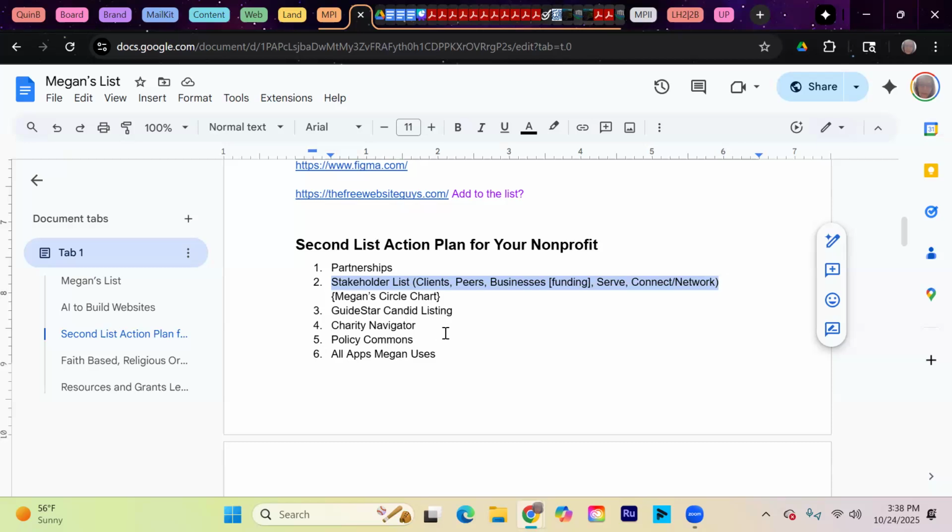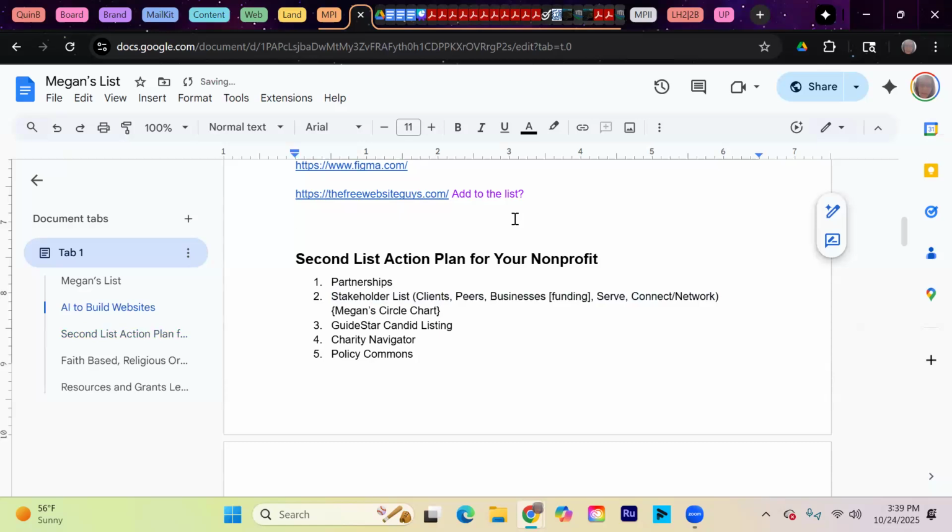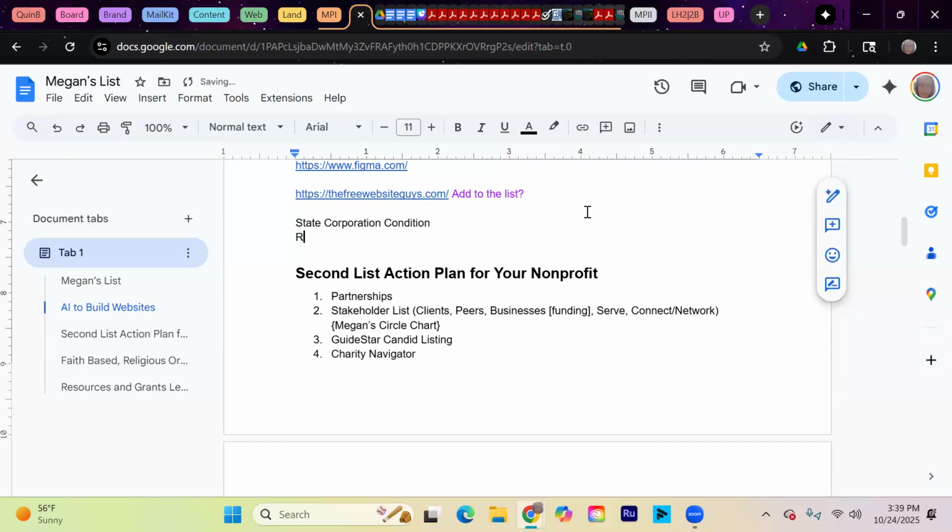But this is actually the 10 registrations that you need to get. This is where I wanted to go after you get your state corporation commission, which is the agency that is going to make you the legal entity, right? Your state, what's it called? Secretary of State. There we go. And then you have your IRS employer identification number, and you have your 501c3, the 1023 EZ form. There are other registrations that you need to pay attention to, starting with grants.gov,